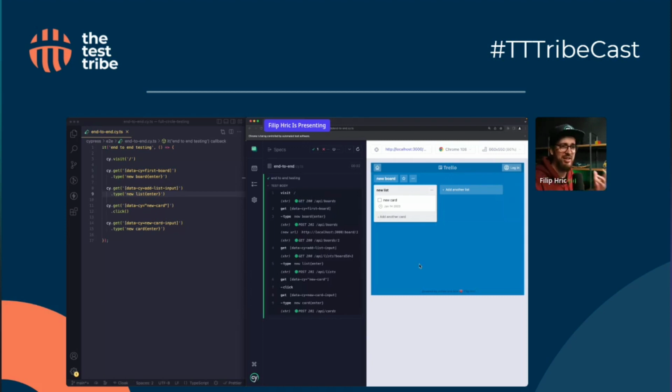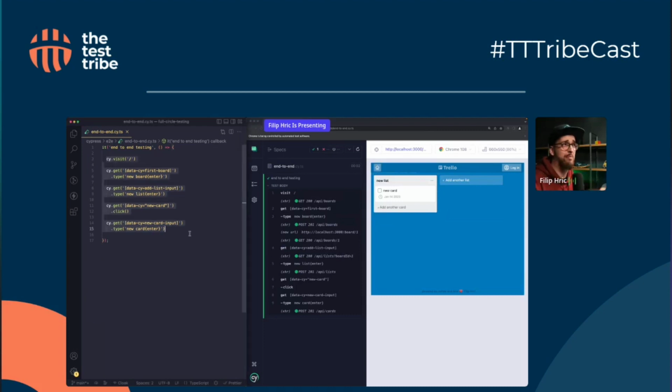So in my test, I'm navigating through my application. I'm creating a new board, and I'm creating a new list and a new card. So that's what I do here. Now, whenever I open Cypress, Cypress is going to open a browser, and within that browser, it's going to run